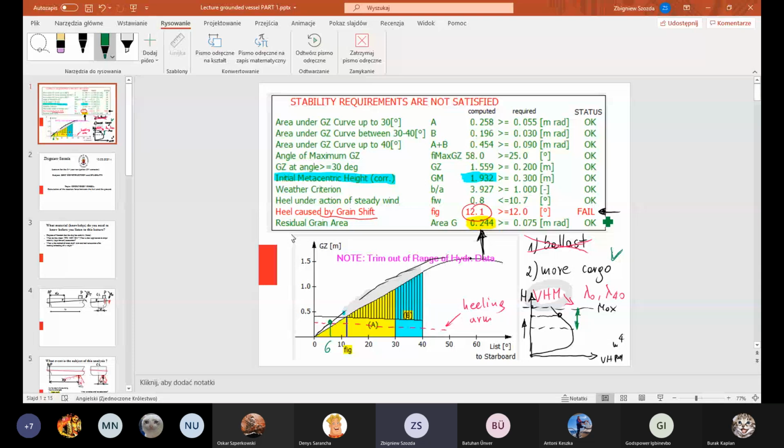Okay. Before I start a new topic, maybe there is a student who wants to ask an additional question just to complete carriage of grain in bulk. I open the floor for your questions. Maybe there is a need to ask, and I am ready to answer the question.